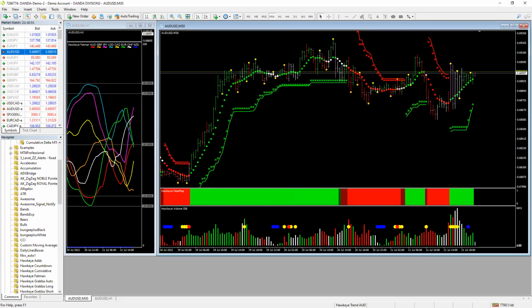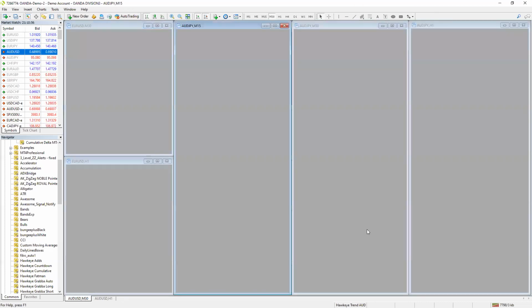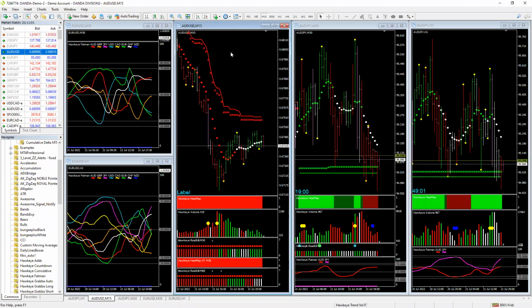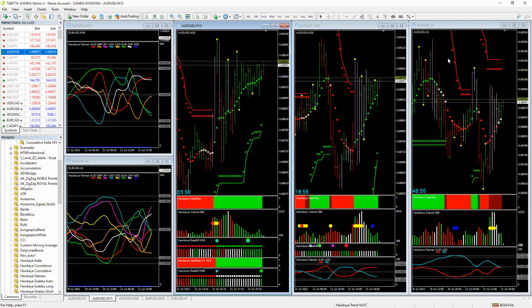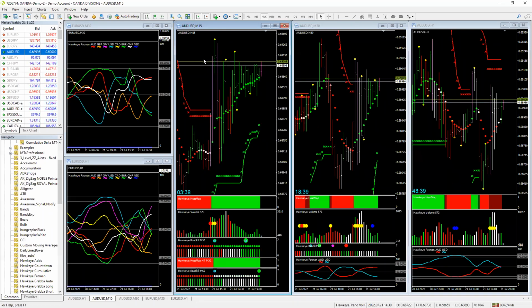If I have multiple windows, and let me pull up one that does, then you can see multiple windows set up, but I only have one way of changing the symbols, and that's by simply dragging and dropping to each one of these windows, or I have to physically type it in by hitting the enter key and then type in the symbol and then hitting enter like that, or change the time frame. So it's a little complicated, but not